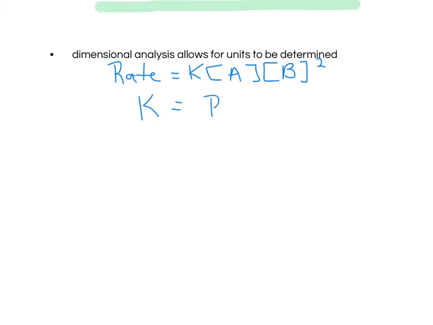So let's do it. I may need to stop and remind you of some basic ideas relating to math and fractions as we go through this, but we're essentially going to be using dimensional analysis to determine our units. So let me just start by writing out our rate law. I know my rate is equal to K times the concentration of A times the concentration of B squared. But remember, I'm trying to find out the units for K, so I'm going to isolate K in this equation, and what I get is the rate divided by the concentration of A